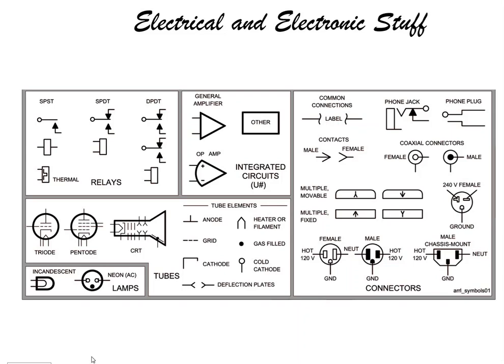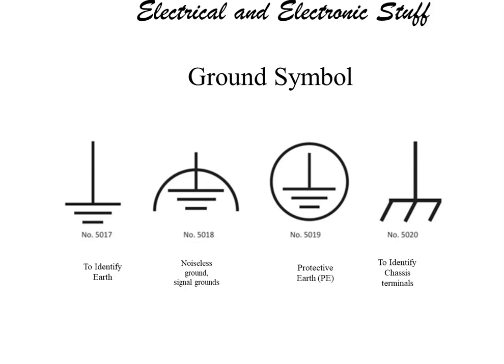So now the next topic is the industrial standard. Before the industrial standard, we have to understand the different symbols that represent ground and understand each symbol's significance. As per the IEC standard, also known as the British standard, how we can represent the ground symbol. So these are the different numbers given by the IEC. We can see here 5017, 5018, 19 and 20. These are the different symbol representations.